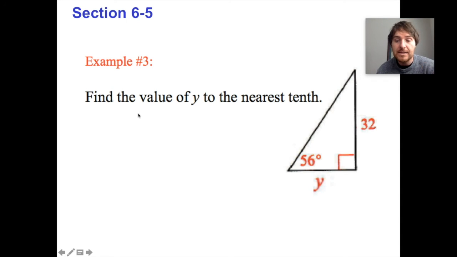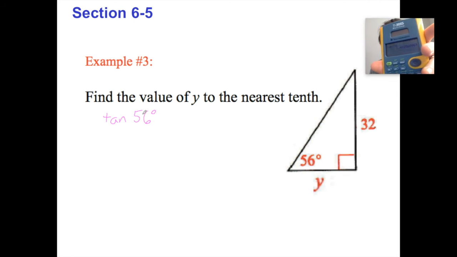Find the value of y to the nearest tenth. Let's do this, okay? Well, we get the 56-degree angle again. That's very nice here. And we know that the 56-degree angle has a unique opposite over adjacent ratio, and that's what tangent of 56 represents here, right? This is the opposite over adjacent ratio of a 56-degree angle, and a calculator knows what that is. I just did it right here on this calculator, so I might start writing my equation down differently. I'm going to replace this